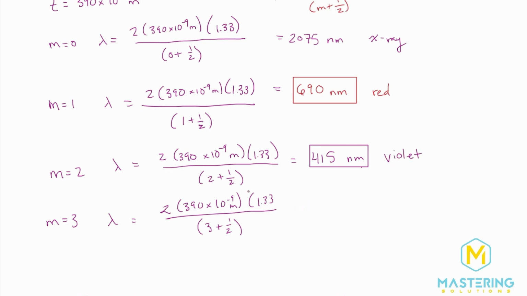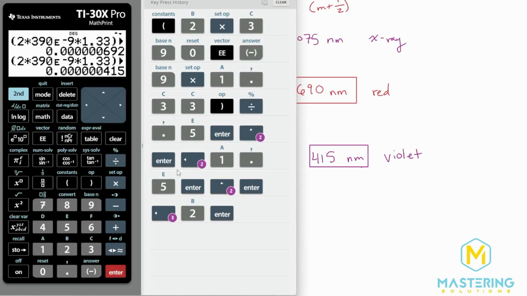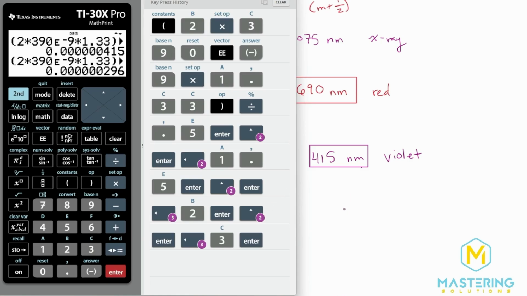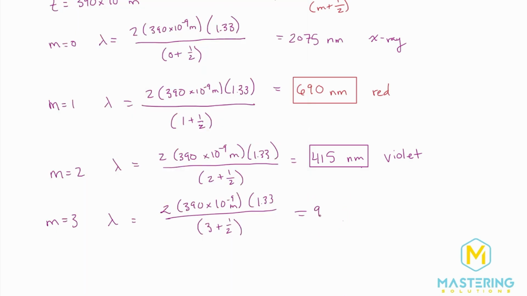And then let's go to m equals 3. That's likely going to put us outside of the range, but let's just check. So we have 3.5, and so yeah, 296 nanometers, that's out of the range. We're well beyond the visible light spectrum there. Okay, so the colors that it's going to strongly reflect are red and violet, which will give us kind of a purple color. So these are the two visible wavelengths that will get strongly reflected in this situation, and the colors for them are red and violet.